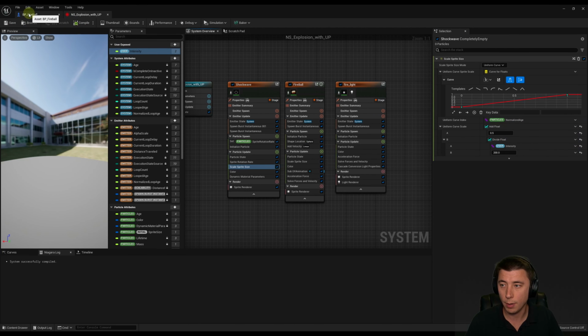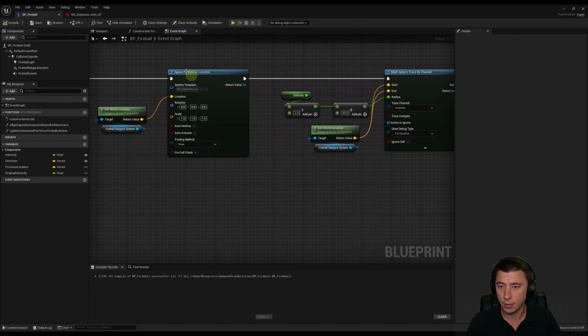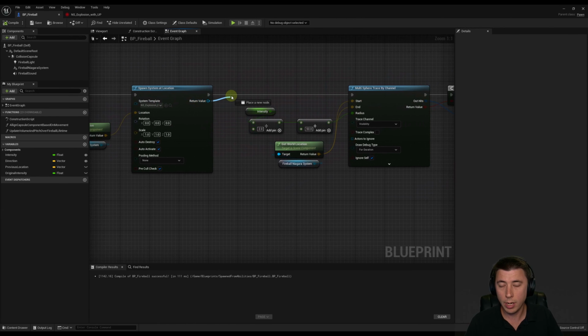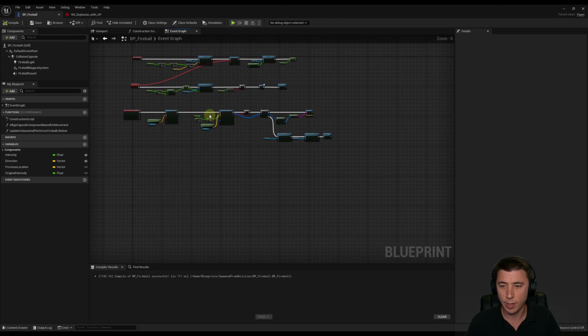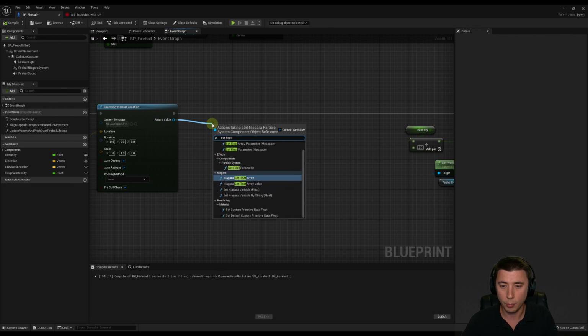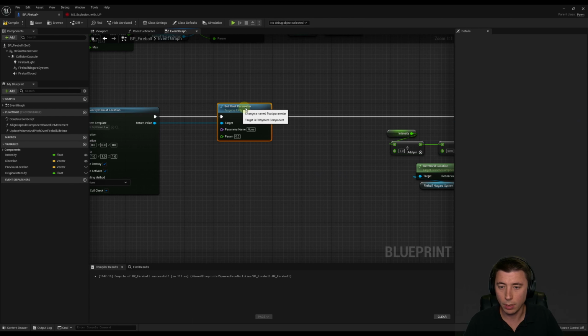Let's go back to BP Fireball. So we got to come back to where we spawn our explosion system. So that's back here. It's right here. And I could create a new variable here, but I don't even think we need to, because once we set this explosion, it's a one-time explosion, it's done. We don't need to subsequently update it. So I'm just going to zoom out. I'm going to make some space here, drag this out, and I'll drag out a pin here, and I'll set float parameter. So set float parameter, hook this up, hook it up here, make a little bit more space,